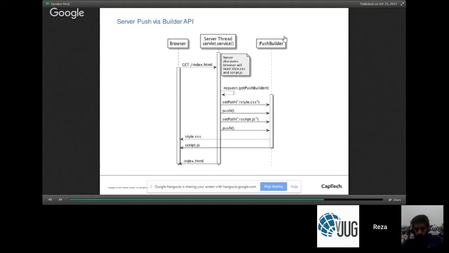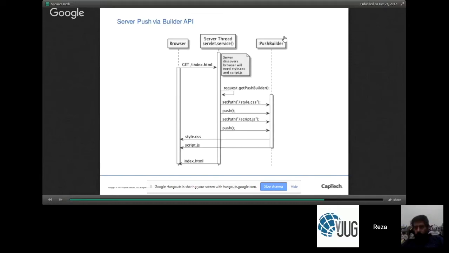So you will construct a PushBuilder by invoking request.getPushBuilder, and then you are going to say set path style.css and push, and set path script.js and push. Okay, and under the hood, what that will do is that now, in addition to giving the browser the index.html, the servlet engine will also give the browser this style.css and script.js in that same connection,